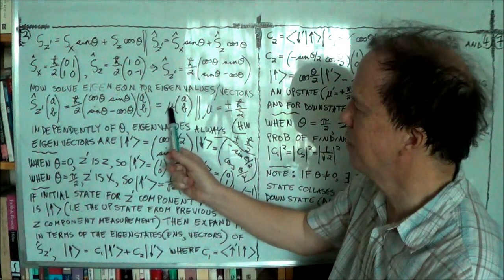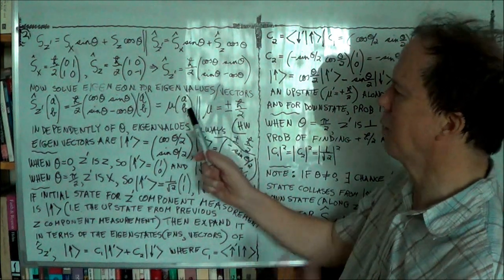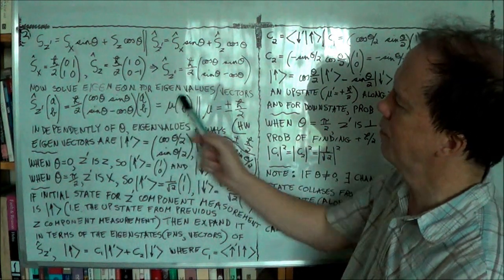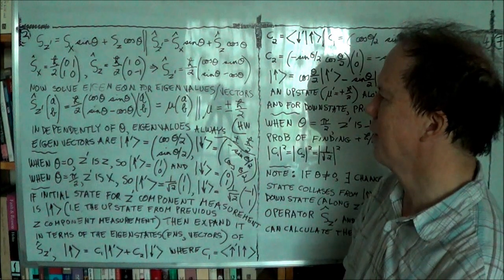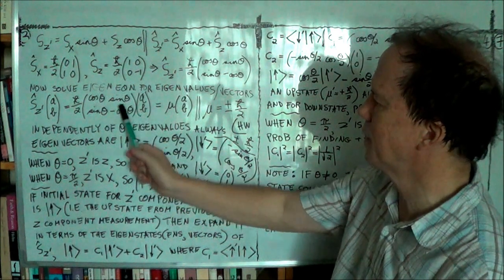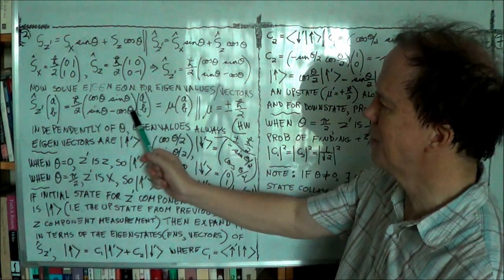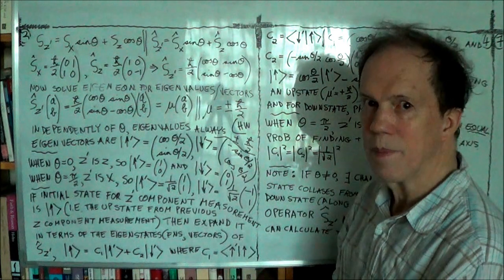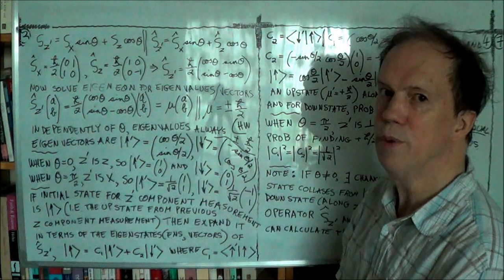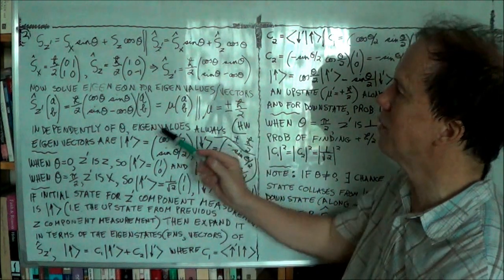So this mu here is your eigenvalue, and it will only take two values. I won't prove it; I'm asking you to prove it, because it's homework. So actually solve this equation. Well, there are two equations there. For example, forgetting about the h bar, you'll have cos theta a plus sine theta b equals mu a, and you'll have sine theta a minus cos theta b equals mu b. So you have two equations. You can solve for mu, and you'll get two answers, only two, and they are again the same as with the z